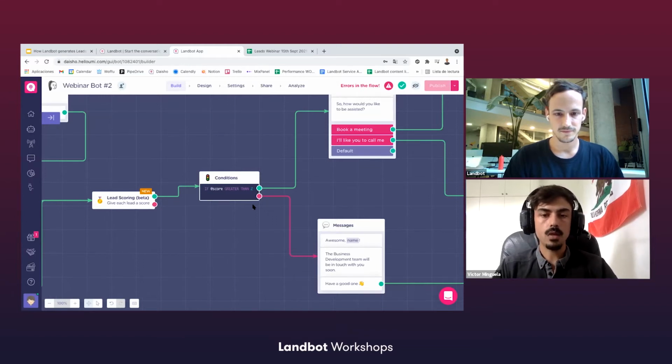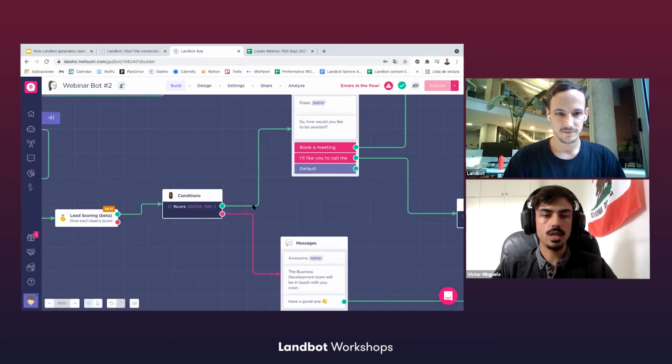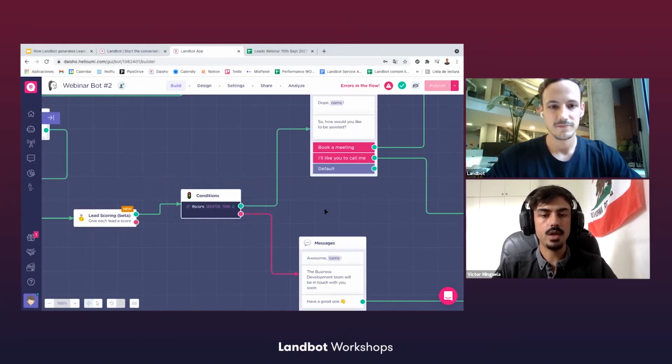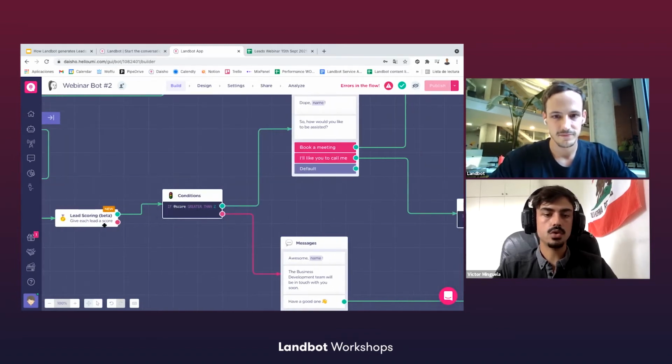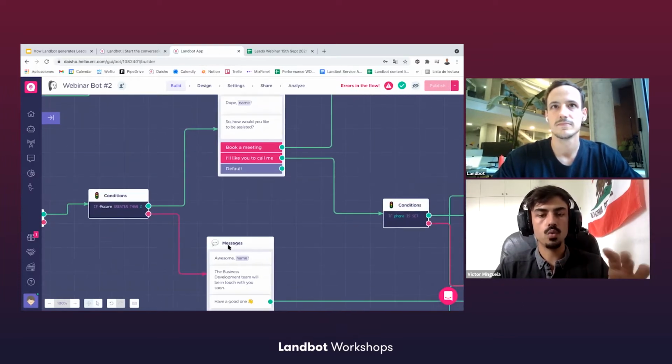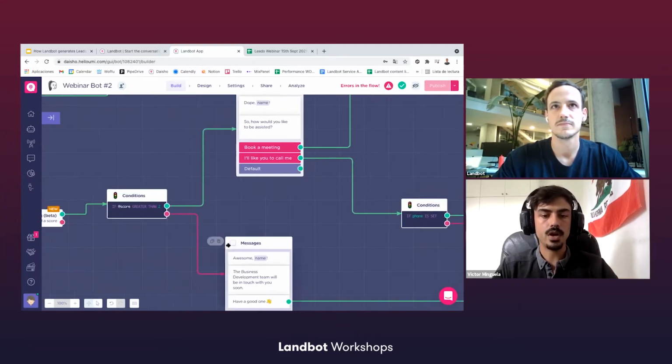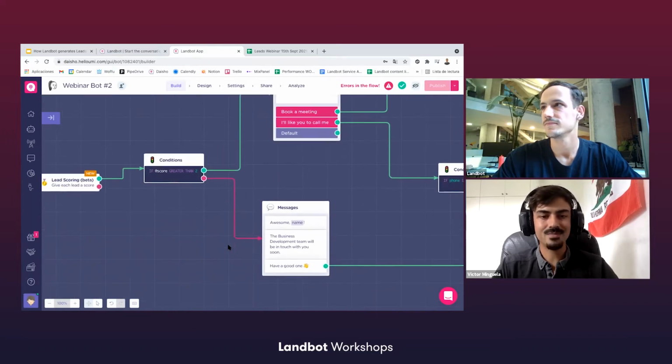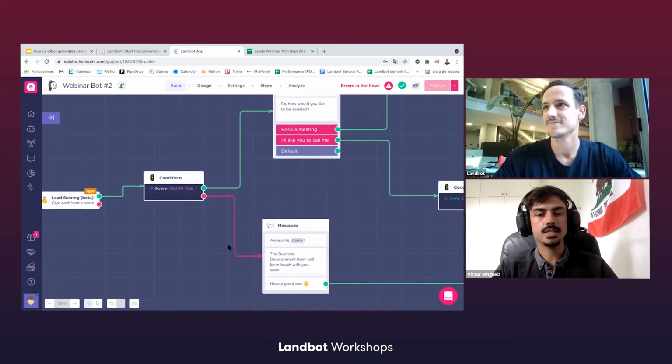Chris will also let you know a little bit more about conditions and how they work. But basically, the lead scoring will assign that score, and based on that condition, which Chris will be walking you through, you will be able to go to one of two paths, and this is magic. Why do I say magic? Because depending on the score, you're going to be able to give a different customer journey. And that's super important.